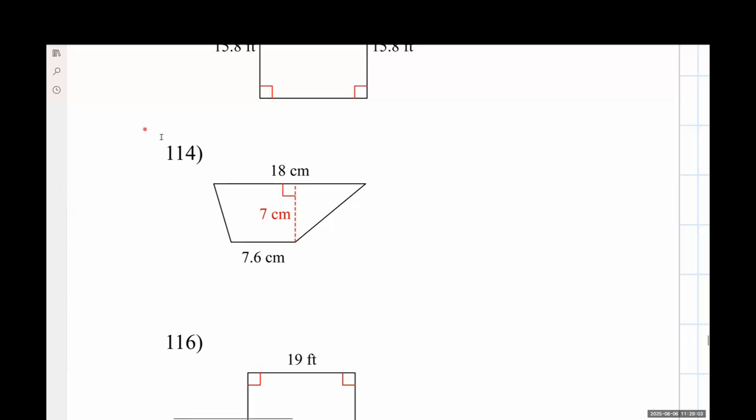So once again, trying to find the area of this trapezoid that's been given to me. I'm going to start with writing out the general equation. We can reference our notes for that. I'm once again going to use A and B for this, but you are welcome to use X or Y or B sub 1, B sub 2, whichever one you would like.